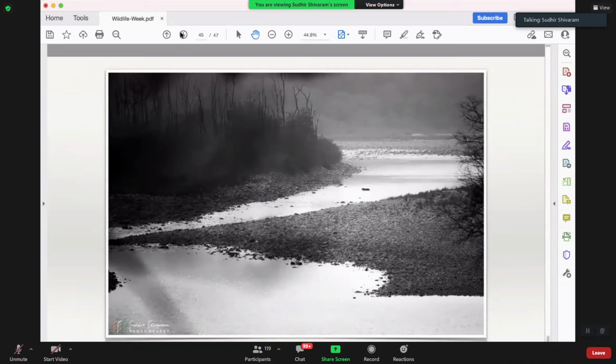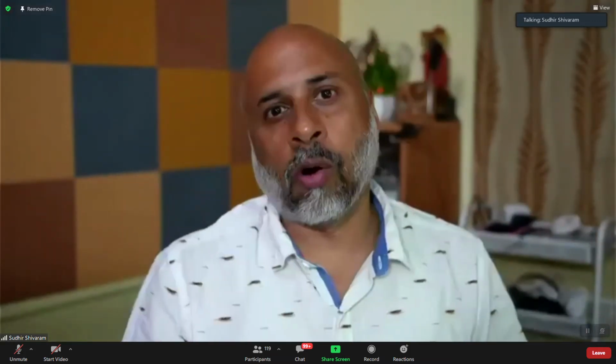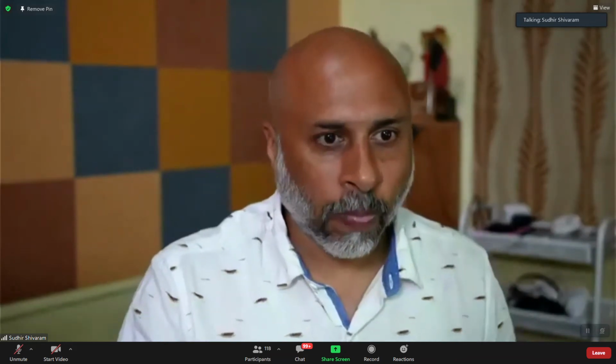And finally, I think post-processing. Let me see if I have missed anything. So Gautam, the 1.4 converter with the Sony 200-600, autofocusing, everything works absolutely brilliant. But then the small problem over there is with respect to the focusing, I mean the sharpness, a little bit it will compromise if you use a teleconverter.